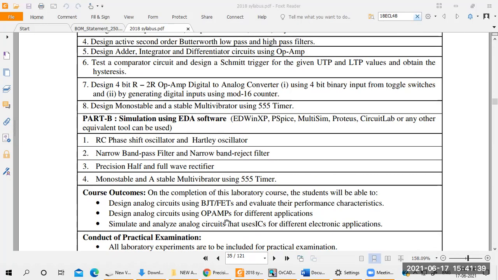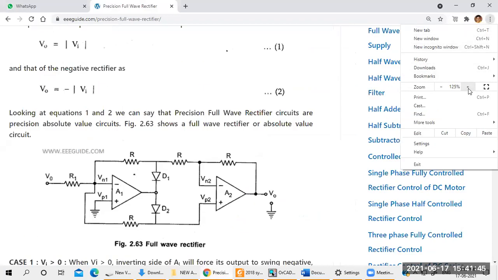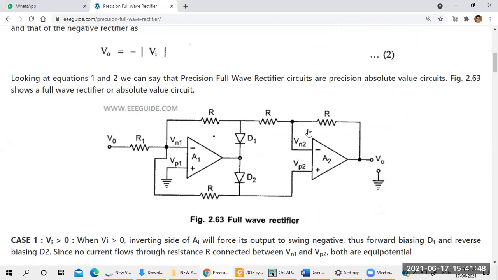Understood? First you take the circuit diagram here. Here you take the complete circuit diagram for the precision full wave rectifier. See here, this is the complete precision full wave rectifier. Total how many amplifiers are there here? A1 and A2. There are two amplifiers here, A1 and A2. A2 is for the summing here, the summing amplifier. So what is A1 here? Half wave rectifier. Regarding the half wave rectifier explanation, we can go through the previous video. In that we can understand the operation of the A1 amplifier, that is the half wave rectifier.